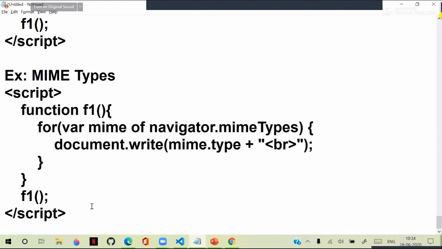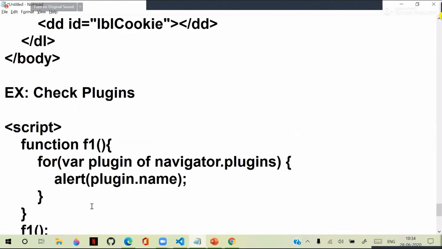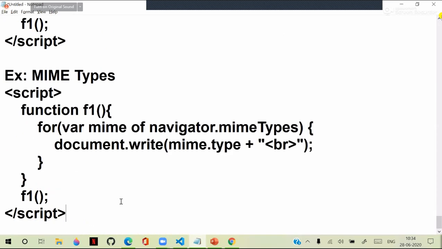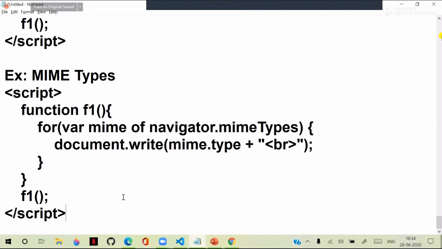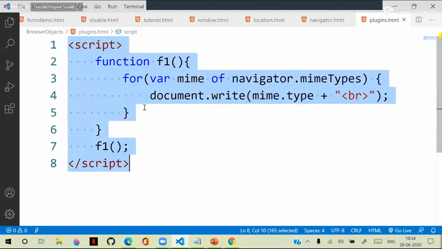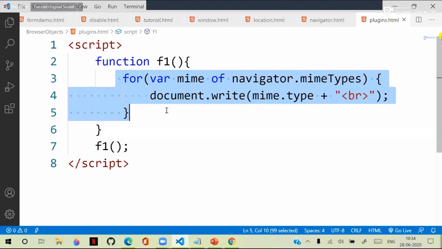Okay, so these are the MIME types and plugins. Actually, so many times what we do is we will verify, and if it is not supported, then we will put a message saying that please install this plugin. How generally we do that? For example, how do we check it? So actually what we do is, in order to verify whether that particular plugin is there or not,